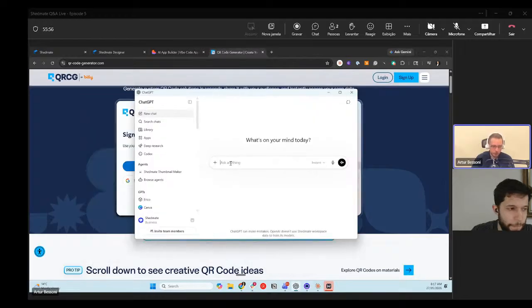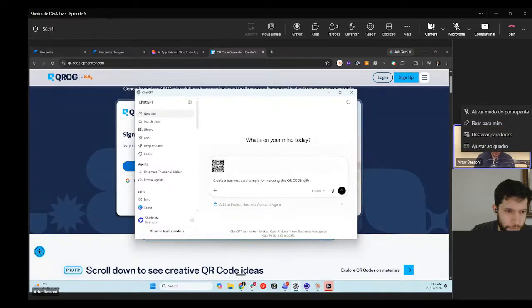Hey, for example, I'm going to open ChatGPT. I'm going to say create a business card example, simple for me using this QR code. Let's see if it's going to work. Create a business card sample for me using this QR code with the wording